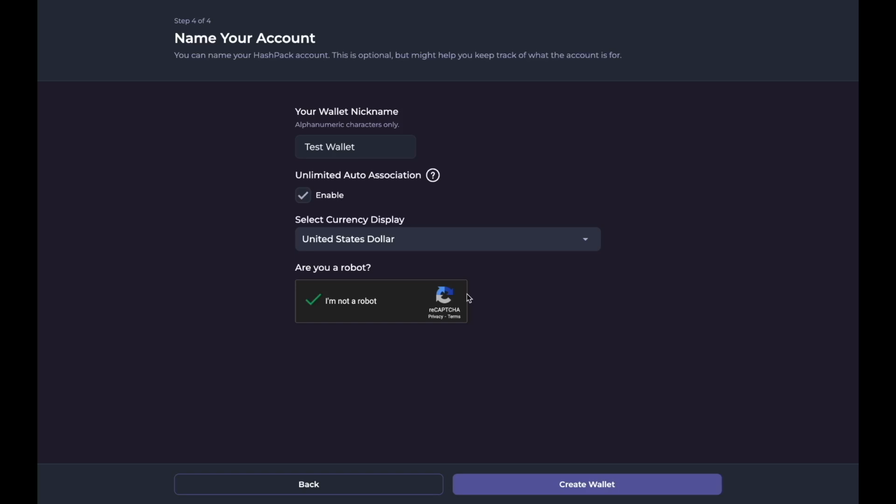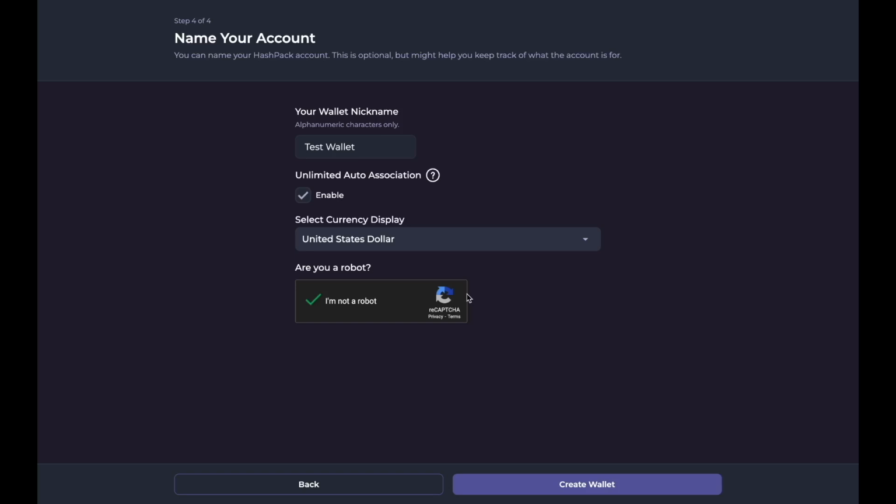This is actually a security feature that prevents your Hashpack wallet from being spammed, because unlike other crypto self-custody wallets like MetaMask, if somebody knows your MetaMask address, they can send NFTs with malware to your address and just spam your wallet.